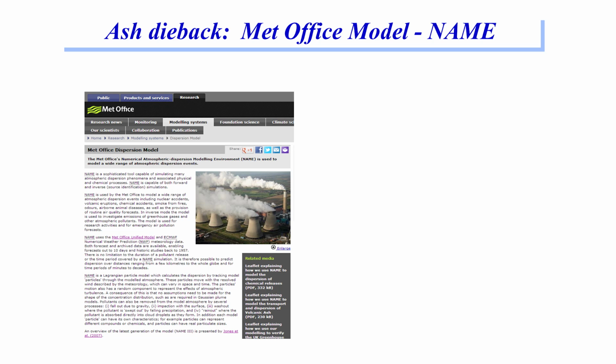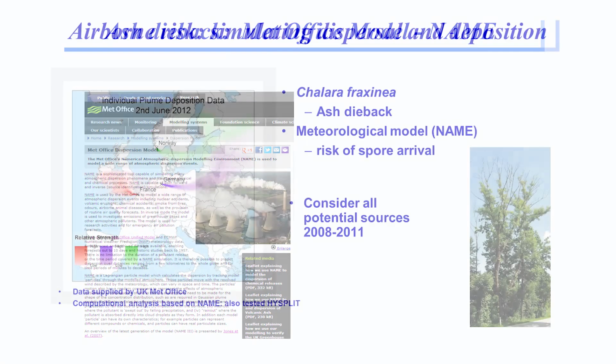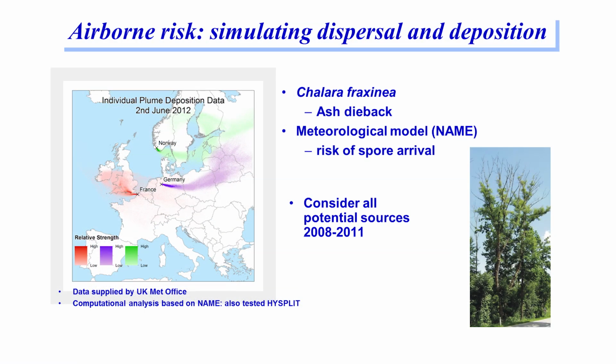So what we do is think of all the many sites, and I'm just showing you 3 out of several thousand sites. This is computationally very intensive. I mean, the computer feels hot when it's running, and it's a big computer. So for each and every day over a 4-year period, we say, was there infection present in a whole set of regions here? And what were the conditions like for wind?